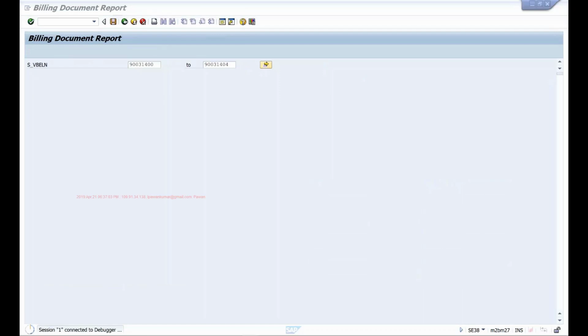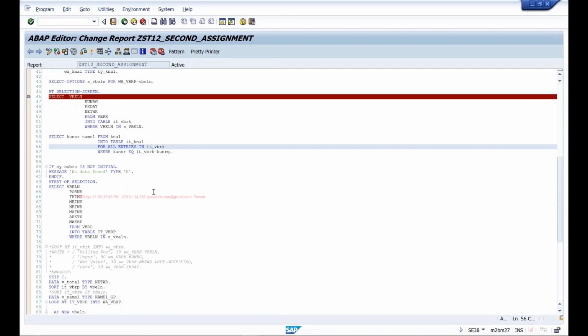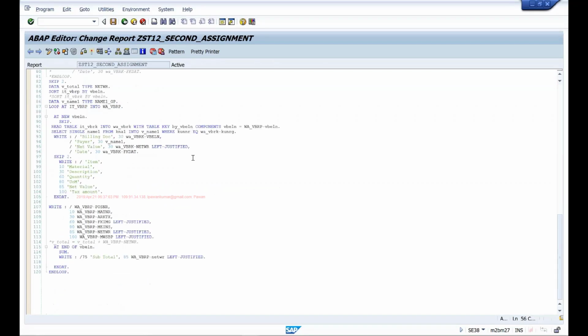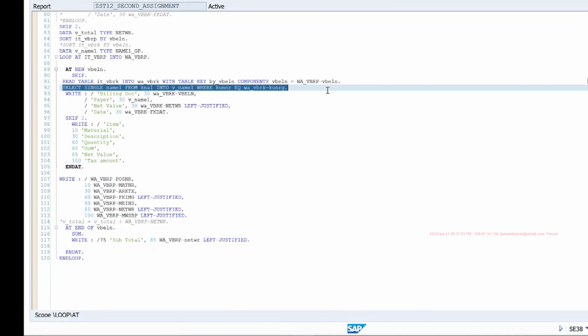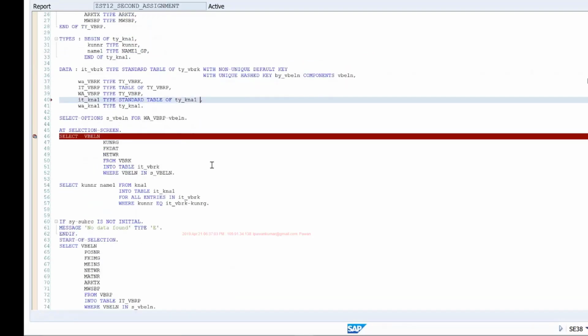Now what I can do, since I have the customers now in IT_KNA1, I'm not writing my select in a loop. Here, instead of writing this select, I can replace it with a read statement. So I can say read table IT_KNA1 into WA_KNA1 with, we'll use this secondary key for this table also because we want to speed up the processing. So with non-unique default key and